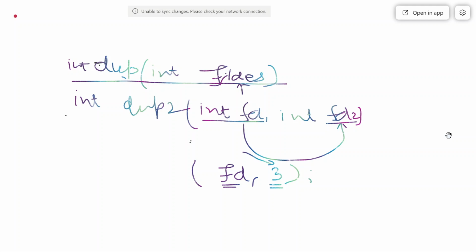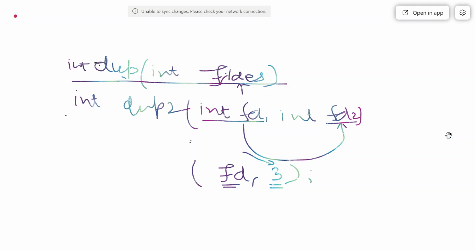In the earlier case we do not know; the minimum available number will be given as the new file descriptor. But here I am specifying what the value of my new file descriptor should be. Now one may say, sir, you have specified that my new file descriptor would be 3, 2, 1 or 0.